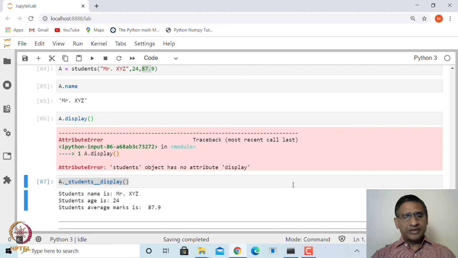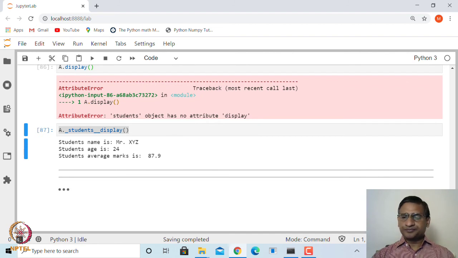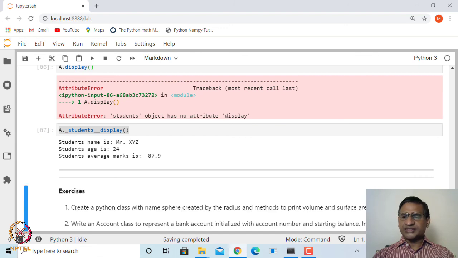Of course, there are many more things when it comes to dealing with classes in Python. This is a very important concept as far as an object oriented programming language is concerned, but we are not going to get into all the details, because our focus is to learn mathematics using SageMath. And since SageMath is based on Python, which is an object oriented programming language, I thought it is a good idea to introduce classes briefly, so that you will be able to understand it much better. At the end, let me leave you with some simple exercises.